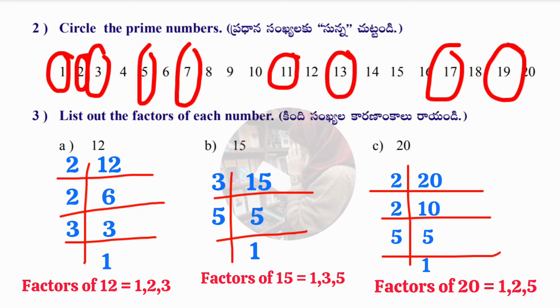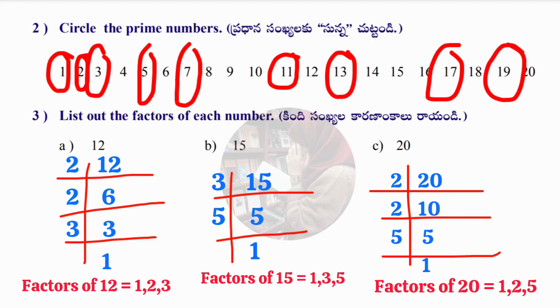So guys, please remember, you have to memorize the prime numbers at least up to 50. Like 2, 3, 5, 7, 11, 13, 17, 19, 23, 29, 31, 37, 41, 43, 47, 53, 59, 61, 67, 71, 73, 79, 83, 89, 97. I have told up to 50. Up to 50 we have 25 prime numbers. You can memorize up to 50, it's good enough for you.